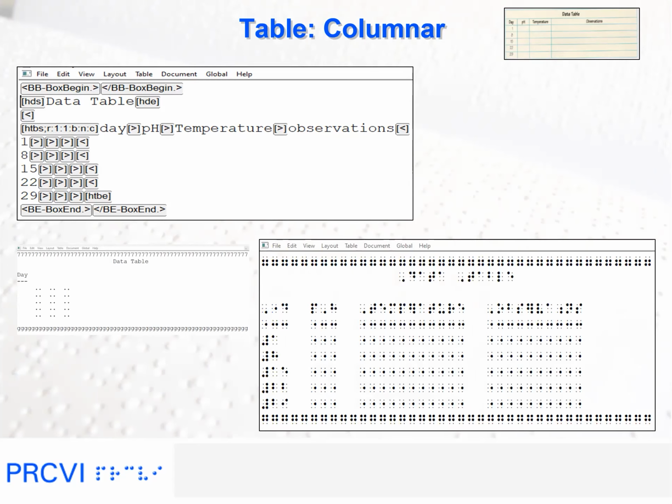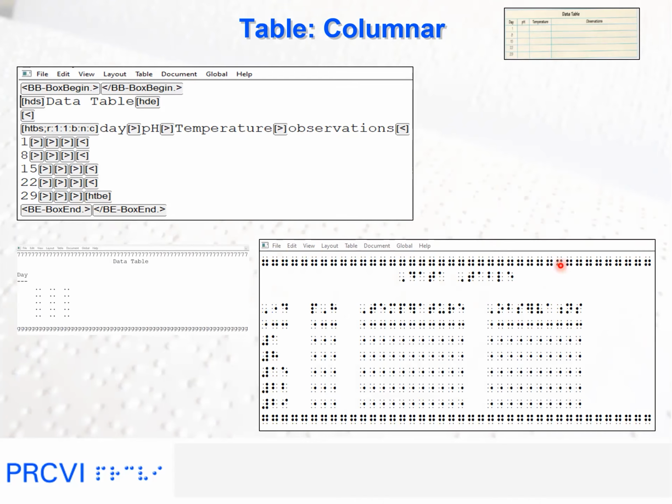In the Braille view, dots 2356 across the width of a Braille paper is the top box line. The heading, data table, is centered.